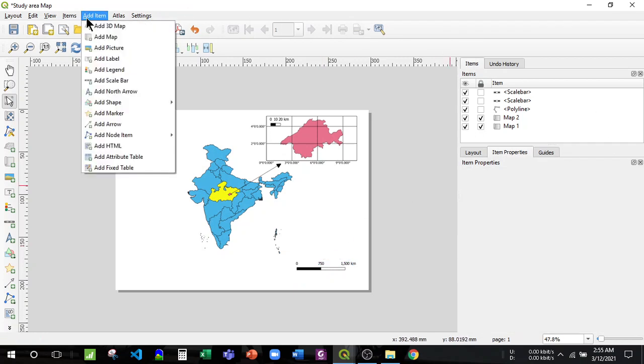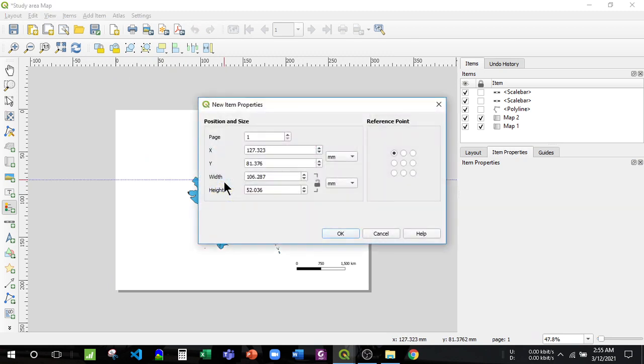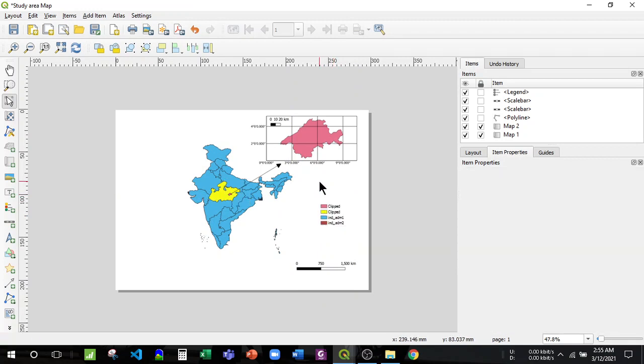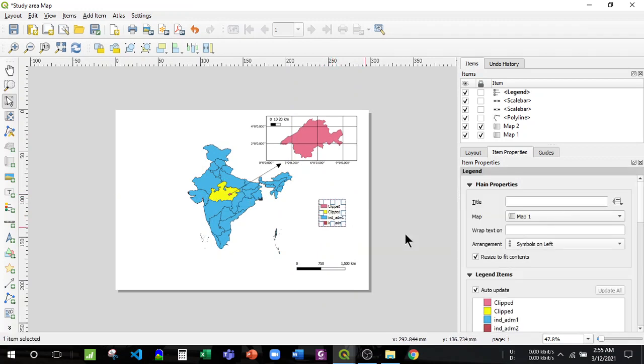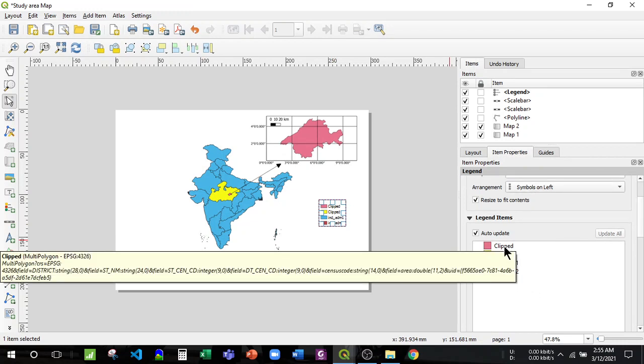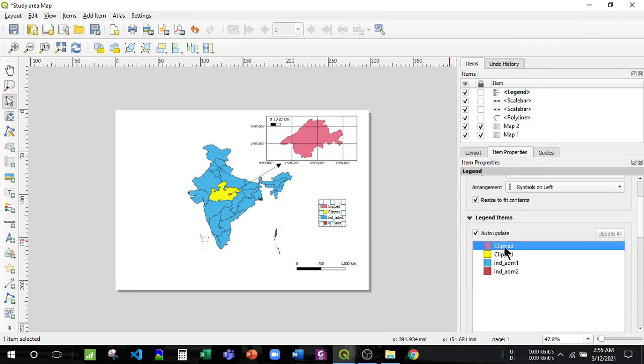And then we will add the legends. It will automatically generate these legends, and we can edit them by unticking the automatic option and updating all.